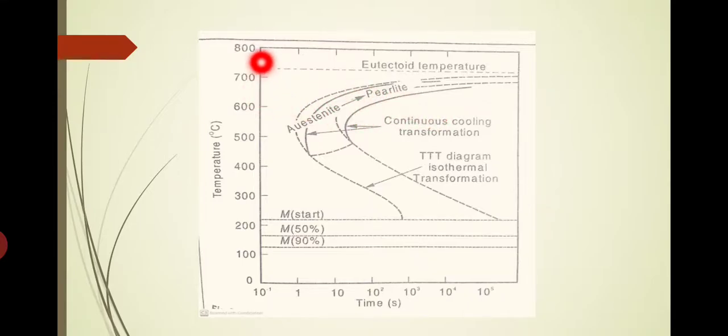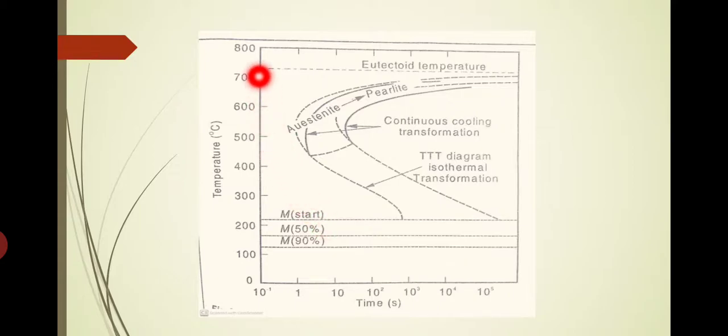See, if a cooling rate is not touching the nose, this portion is the nose of the TTT diagram. If the cooling process is much faster, so that it is not touching the nose and is directly leaving, that means the austenite is not at all transforming to cementite or ferrite or structures like that. It is directly touching this. Once the curve touches the M start line, which indicates the martensite starting point, the austenite is directly transformed into martensite. That is what is happening.